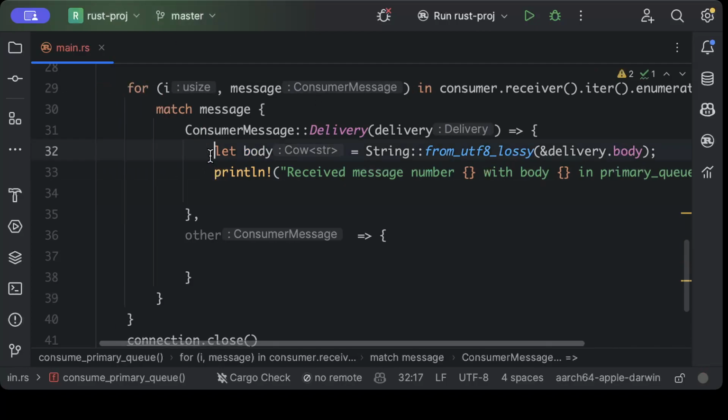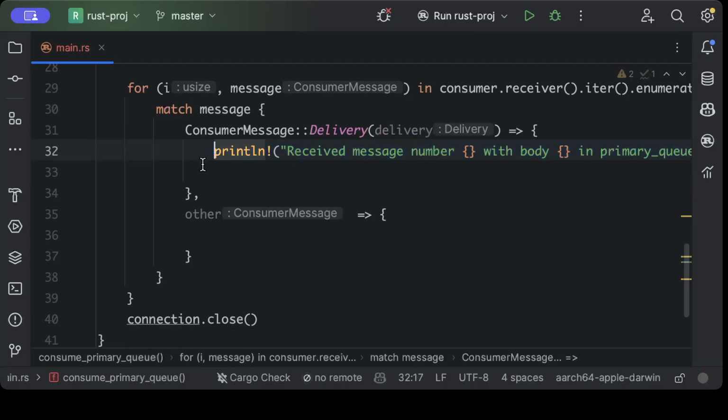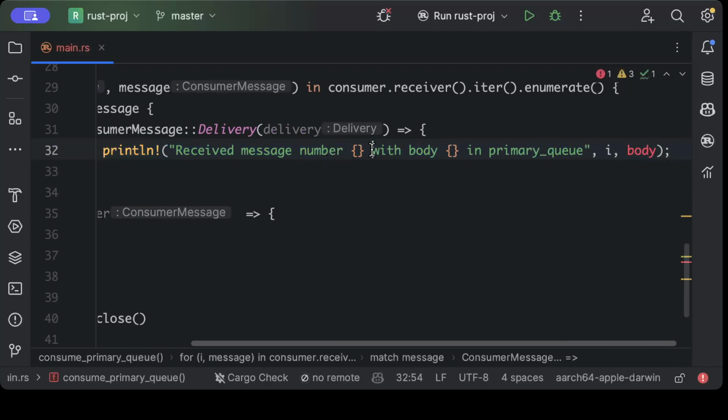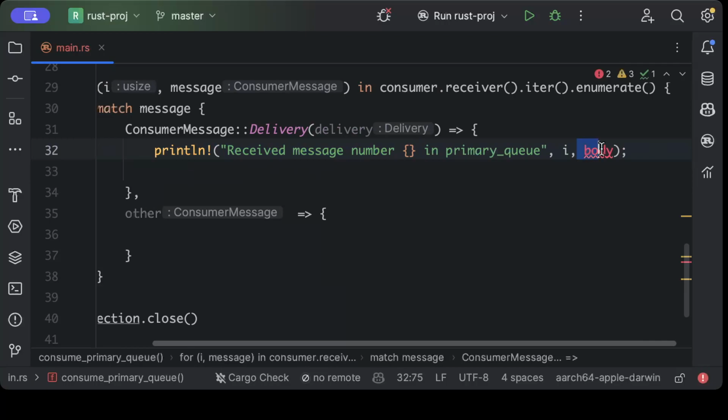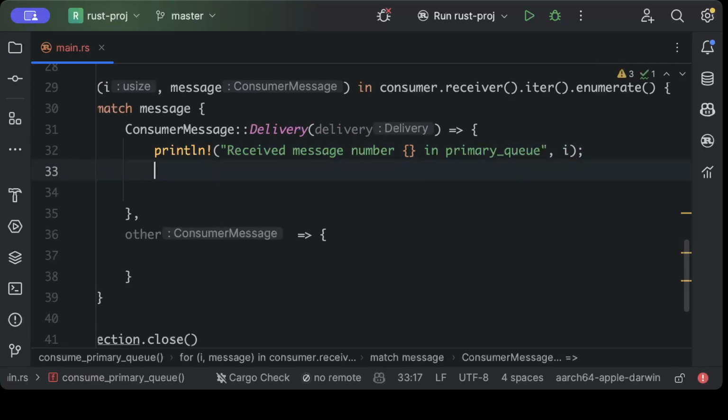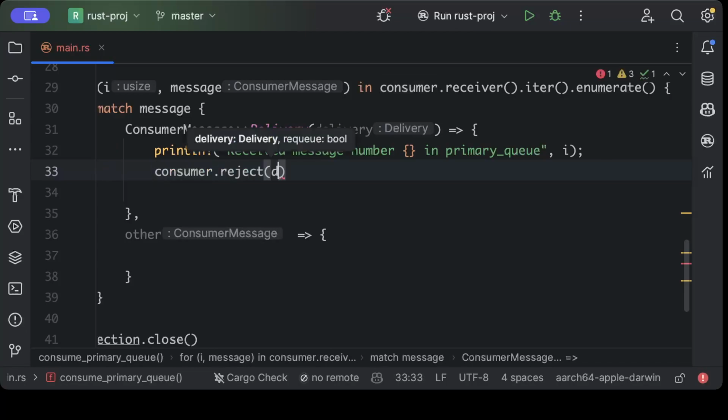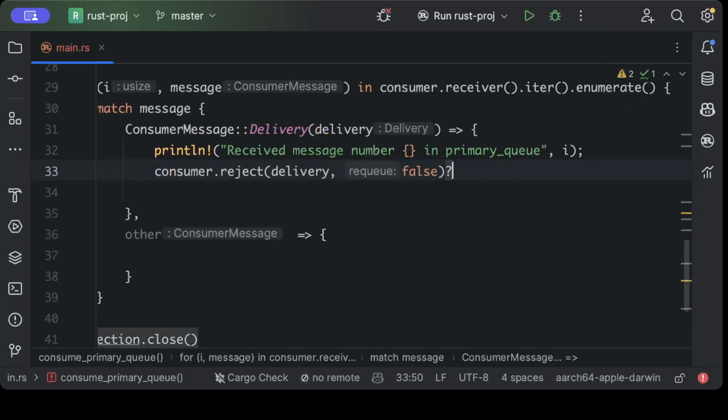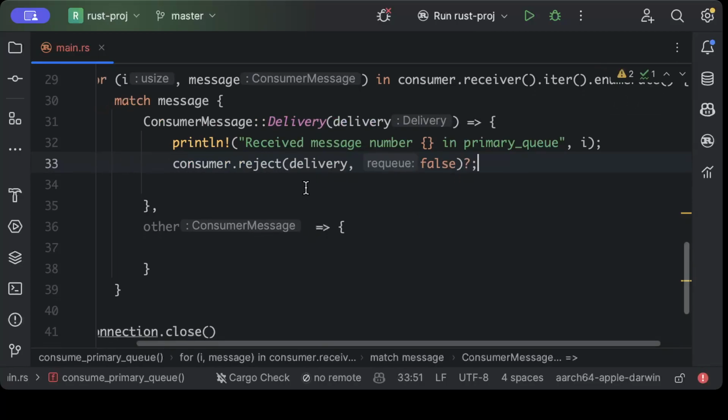Actually we don't need it, we'll just print in primary queue because we just want to receive in primary queue, and then what happens is as soon as we receive it, we'll just reject it as I explained to you guys, because let's assume that something is wrong where primary queue is consuming it, so we cannot consume it,